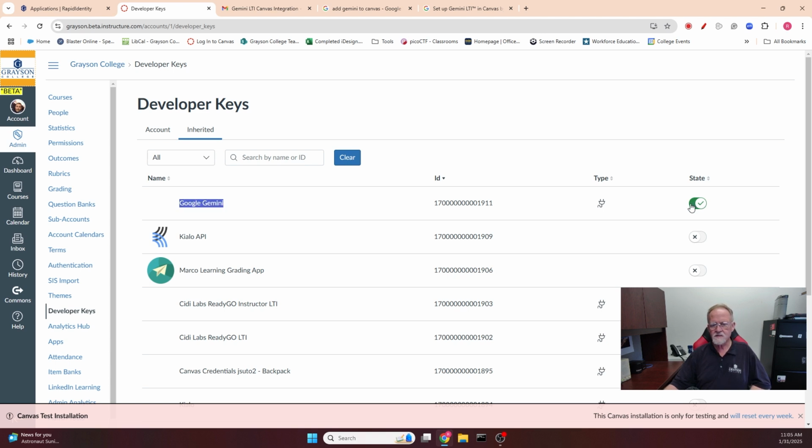For the regular instance, it won't be. This will be whited out like the rest of these are. So what you need to do is click on the state and turn it to on. It will ask you, do you want to do that? You'll tell it okay. At that point, you also need to copy the ID. So we're going to go ahead and copy that,